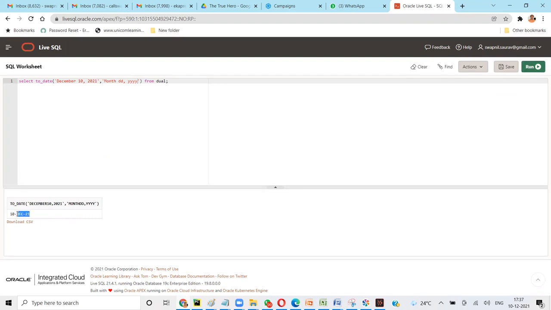This is how date is represented in SQL. So it has converted this given date into this. In your data, when you're reading data from some external sources, if the date is given like this, this is how you can convert it into SQL date.